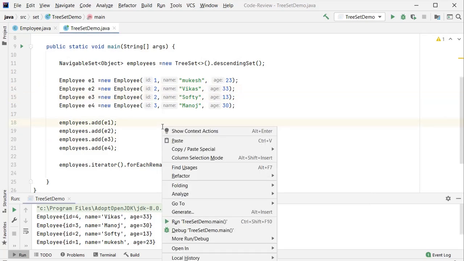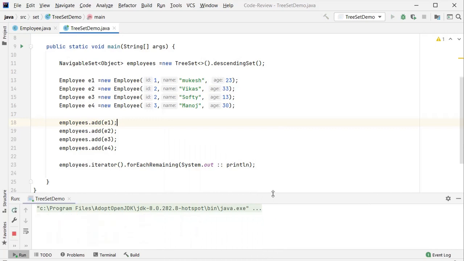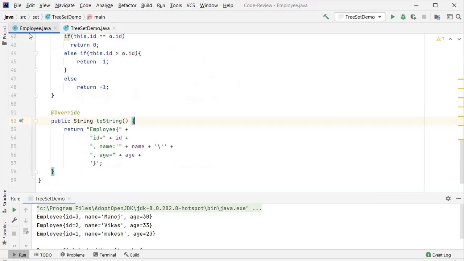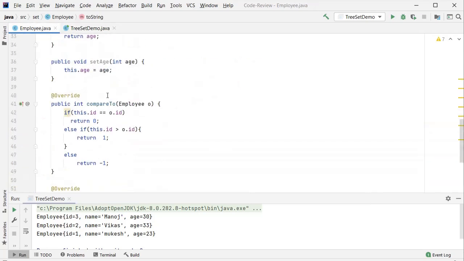Then will the id be duplicated or not, let's see. The id will not be duplicated. So that is also managing the duplicacy based on the id as we provided inside our compareTo method implementation.